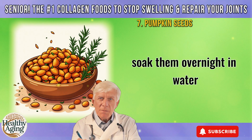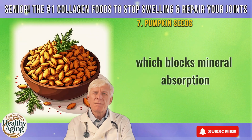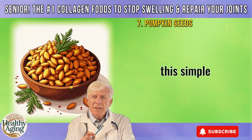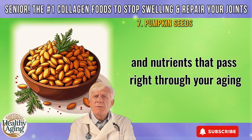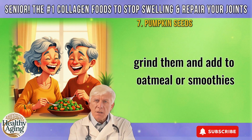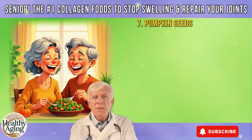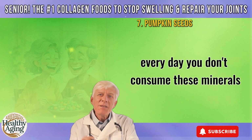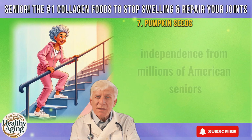Soak them overnight in water with a pinch of sea salt to reduce phytic acid, which blocks mineral absorption. This simple step could mean the difference between nutrients that save your joints and nutrients that pass right through your aging digestive system. Grind them and add to oatmeal or smoothies if chewing is difficult. Remember, every day you don't consume these minerals is another day closer to the joint breakdown that steals independence from